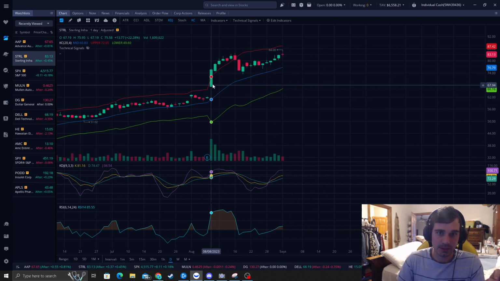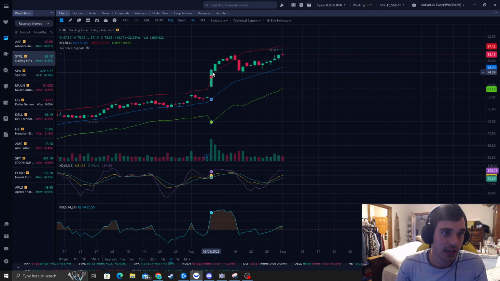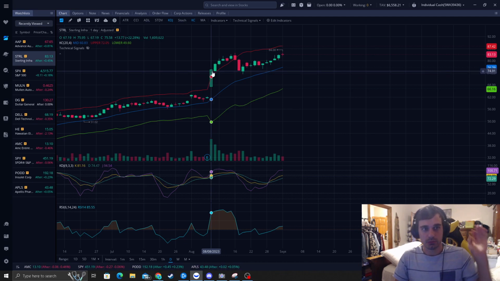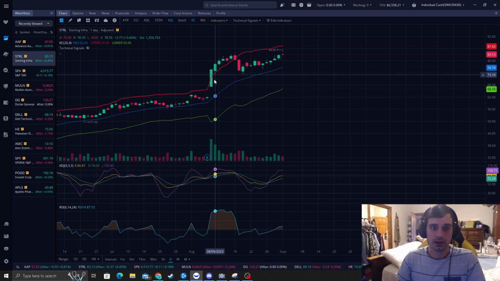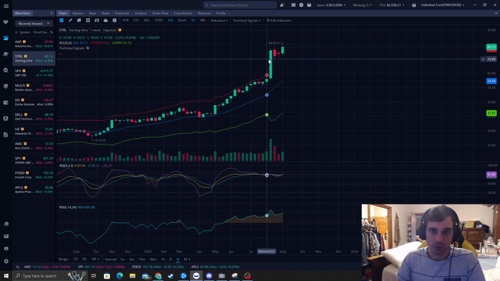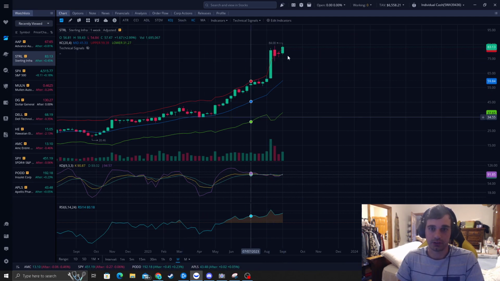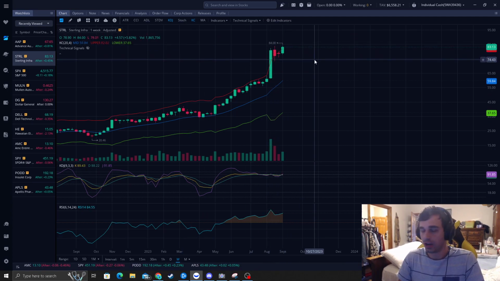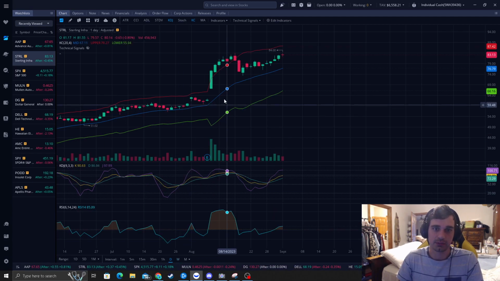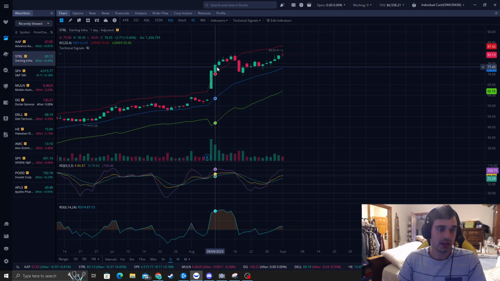A lot of people would get right into this candle and say, holy cow, STRL is up 22%, let's start shorting it. No, let's wait this one out. Let's wait till something happens here. And remember, you want to make sure the weekly is above it first. This will get rid of a lot of unnecessary noise of even looking at something. So you find this, and